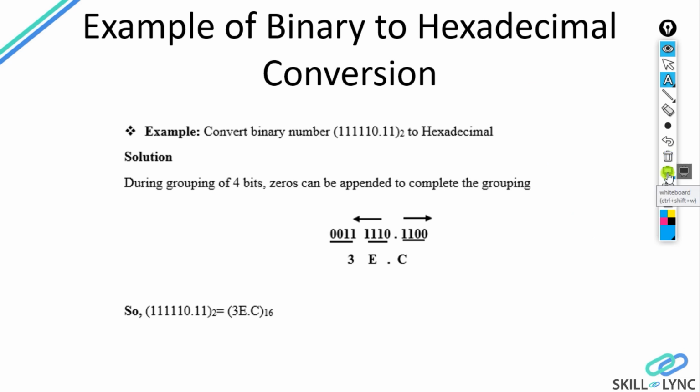Let's take one more example. For example, I have the number 1011101.101. This is the question. It is a binary number and the question is to convert it into its equivalent hexadecimal value. Start making pairs of 4 bits: 1, 2, 3, 4, then the rest. It is only 1, 0, 1, so you will put zeros from your side. In the fractional part, here it is only 3 bits, so you will put 1 more 0 on your side.